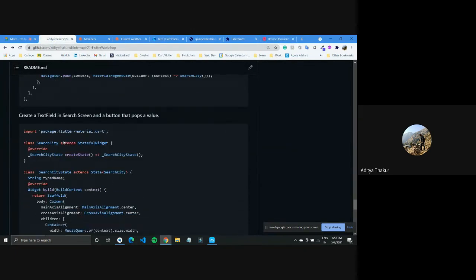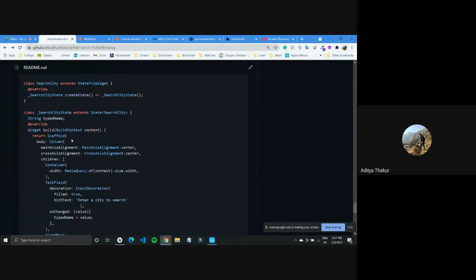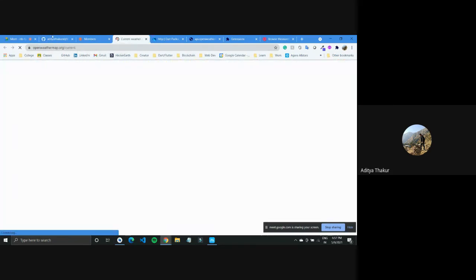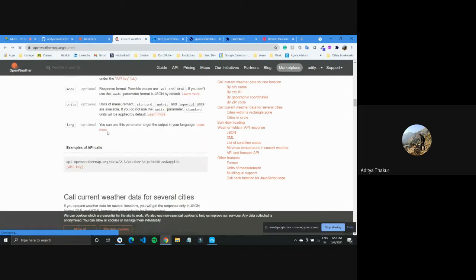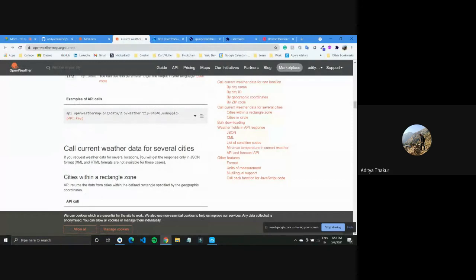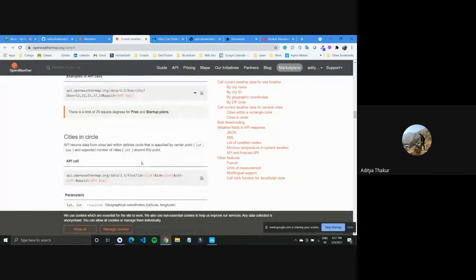You just have to use a text field to enter the city name and then modify the URL. Instead of using latitude and longitude, you can use the city name at the end of the API call. So call current weather data for several cities. You'll have to just put in your application ID and add the city name there.